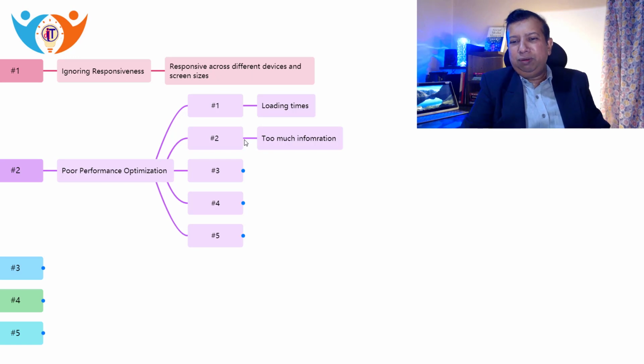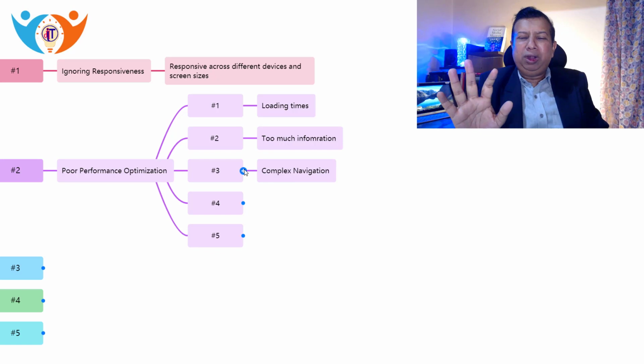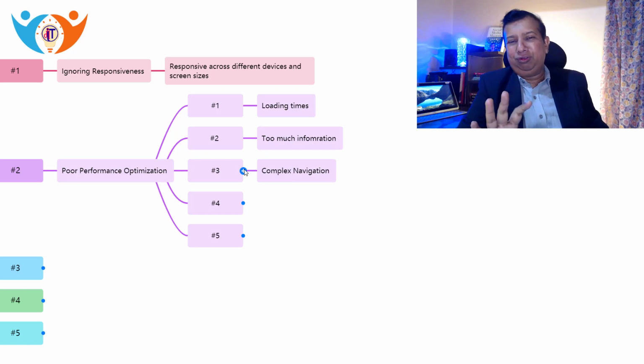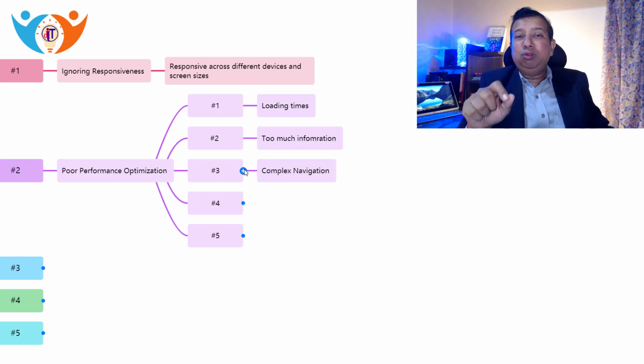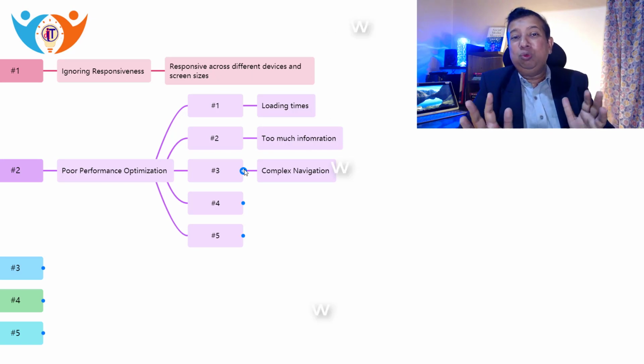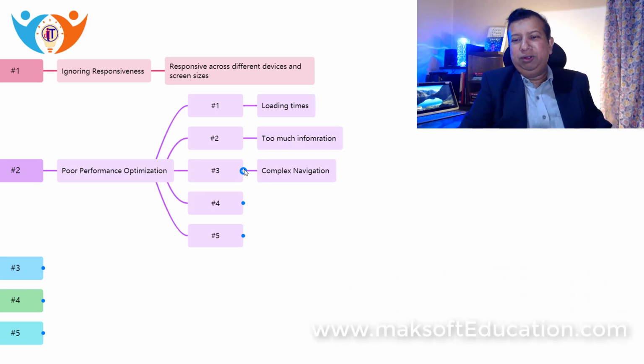The third important point is complex navigation. You have to give an appropriate menu, and menus should be very simple and easy to understand. One more thing, in case of responsive design, it becomes very difficult to find out where the menus are. And again, you have to think about the scroll bars available on your website, whether they are really scrollable and really helpful to your users, and whether it is user friendly or not. You have to check this point. So don't use very complex navigation, it should be very easy.